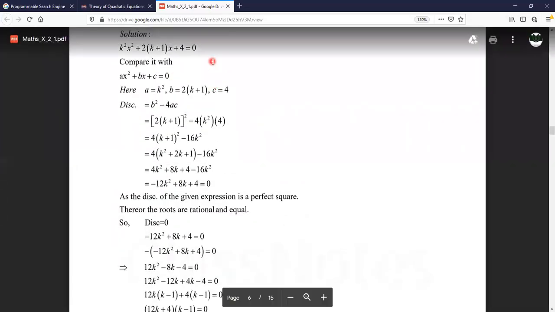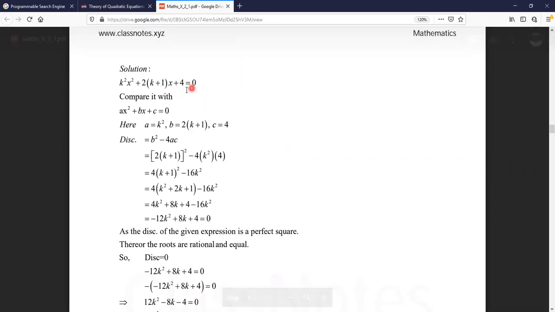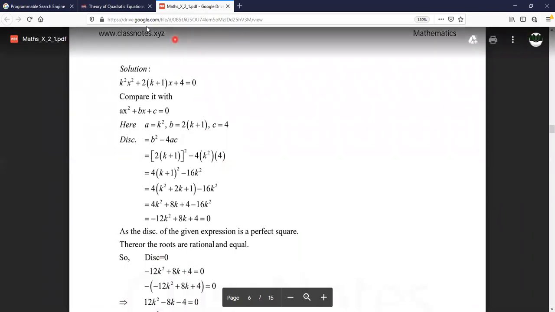Here I'm giving you the recap of the question, what we have to do. We have to find the discriminant of kx square plus 2k plus 1 x plus 4. Just put in the discriminant and find the equation without x. Over here we are removing the x by putting the values in the discriminant. We are finding the quadratic equation in the form of k. After finding it, just factorize it and find the value of k. I hope it's clear to you.